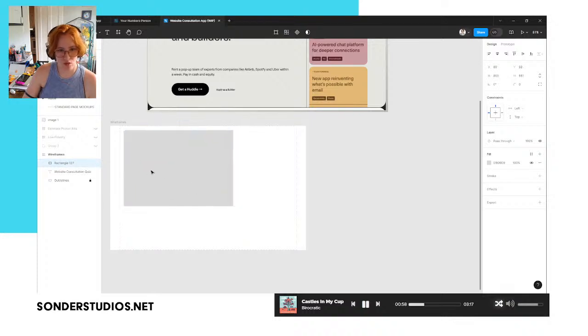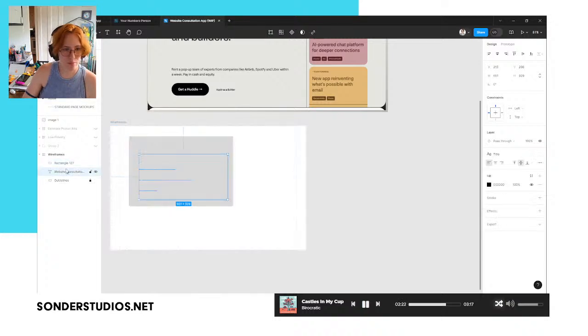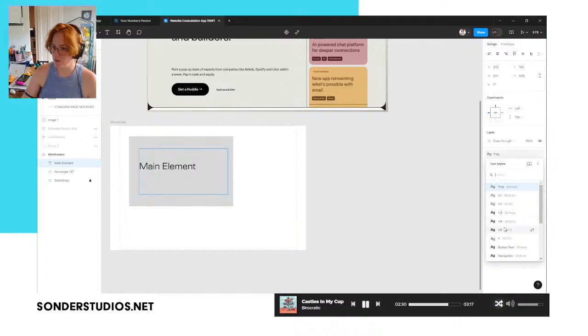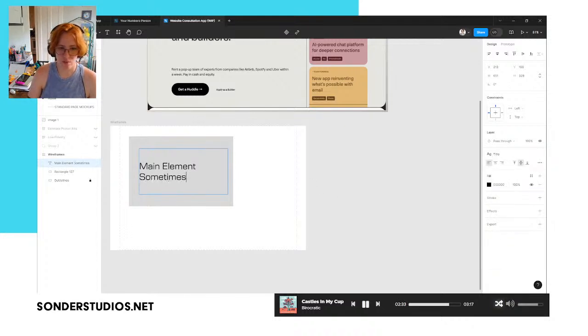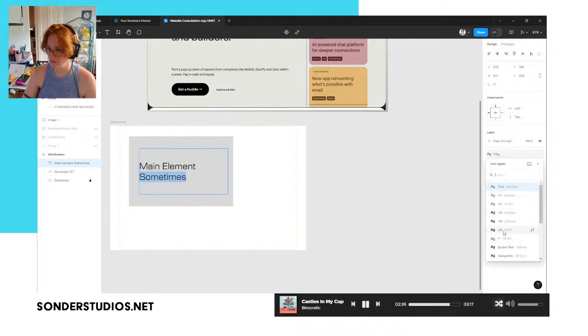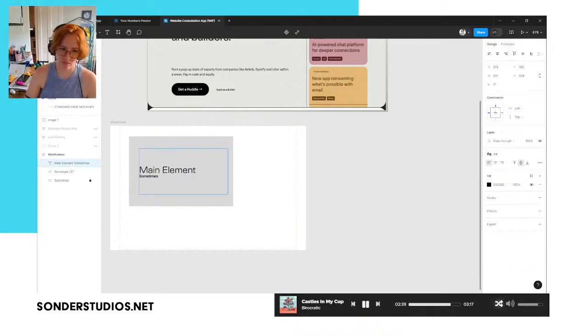Let's go ahead and just try to conceptualize these different chunks as blocks. So here's the block with the title, or we'll say this is the main element. And the main element is sometimes a title, sometimes a question.